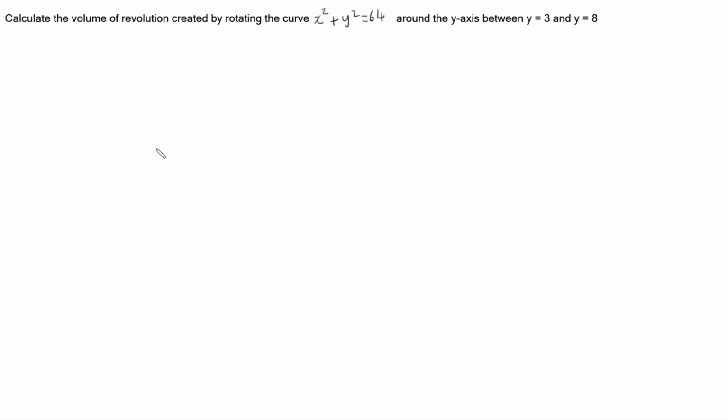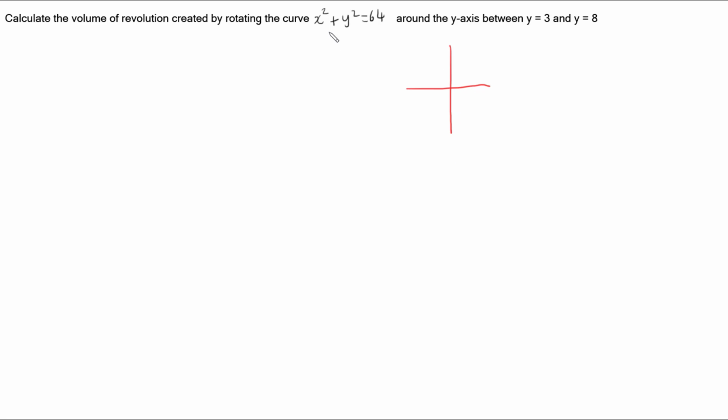Hi, in this video I'm looking at this problem where we're calculating the volume of revolution created by rotating this curve, x squared plus y squared equals 64, around the y-axis between y equals 3 and y equals 8. Now if I have a quick sketch of this function